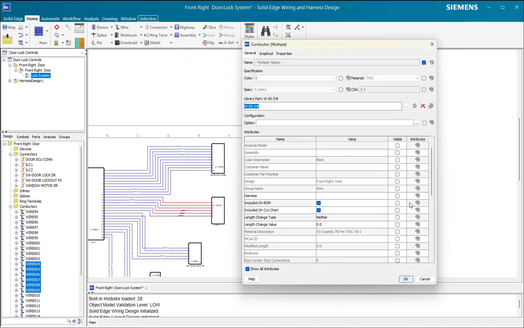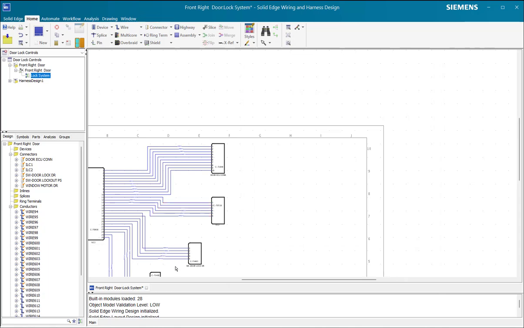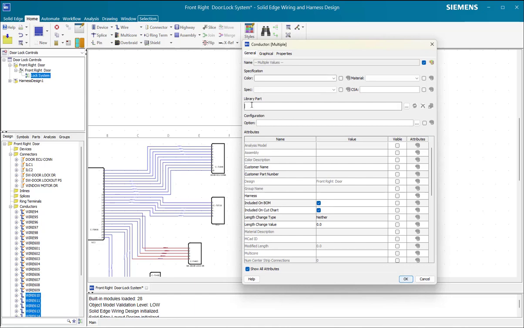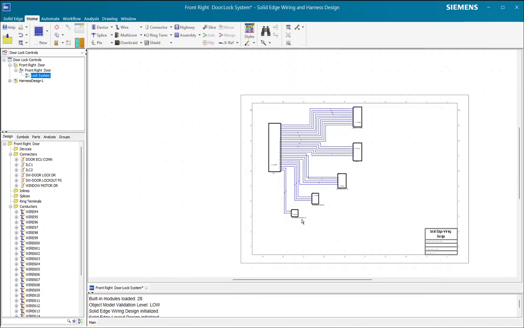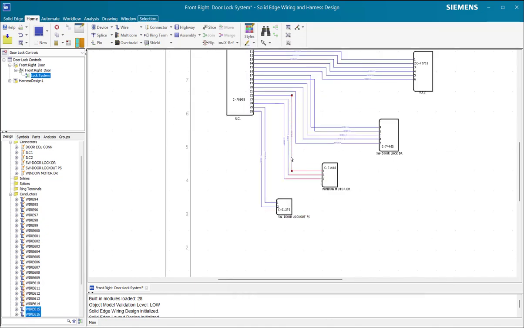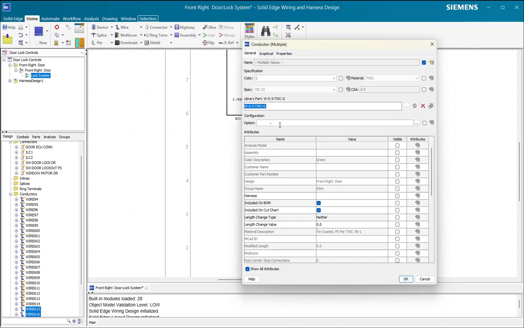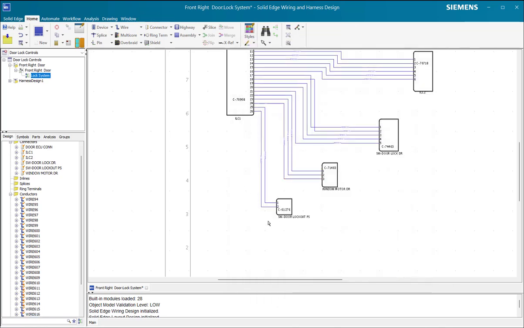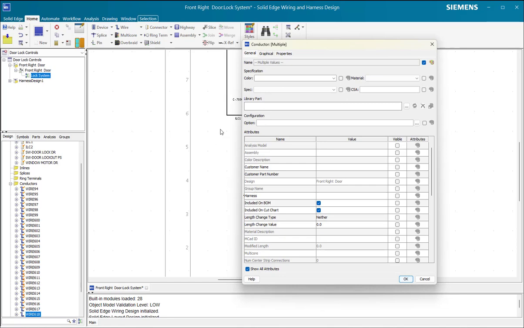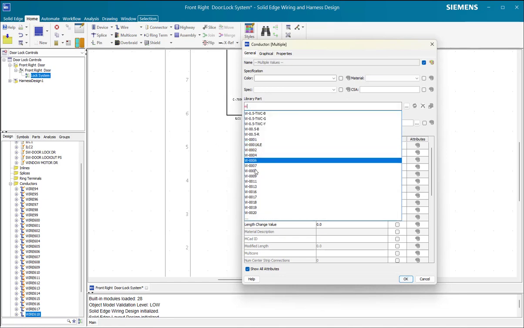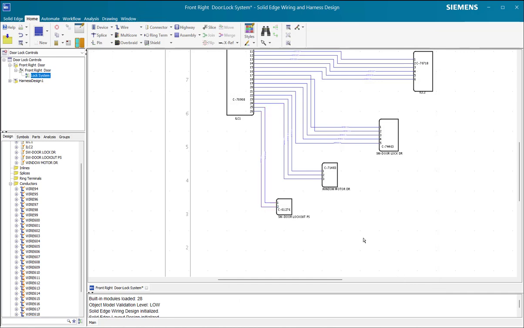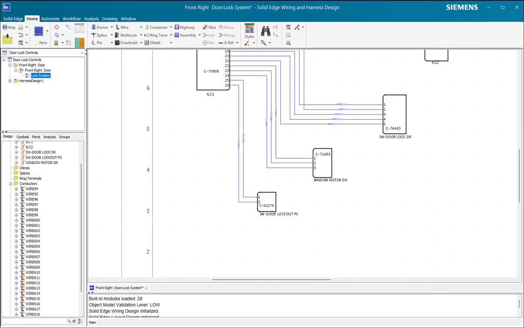And I'll select this other one. You can kind of get the idea of what's going on in here. Maybe I'll use this one right here for that one. And I believe I'll use this one as well, and maybe this one. And finally, I'll select that one. I just randomly selected these wires. Okay, once we've done that, the next step is to go ahead and